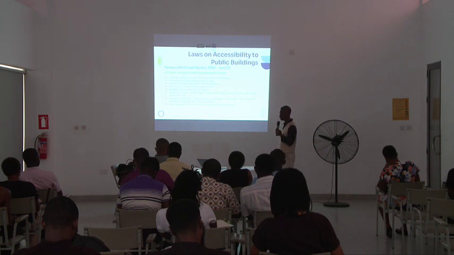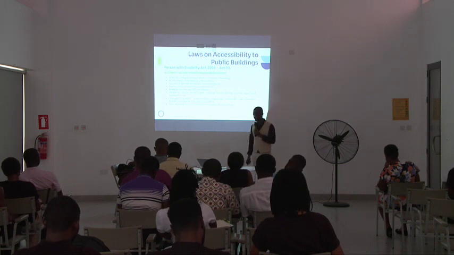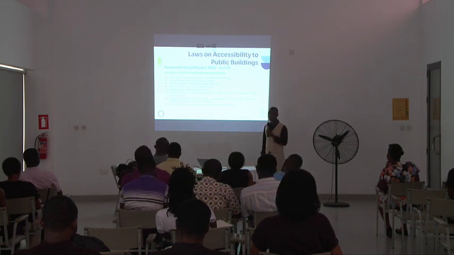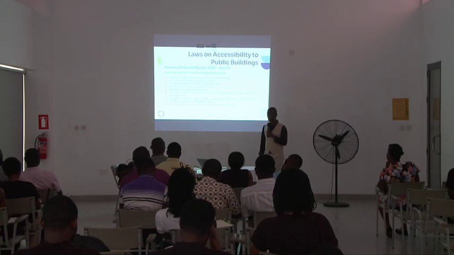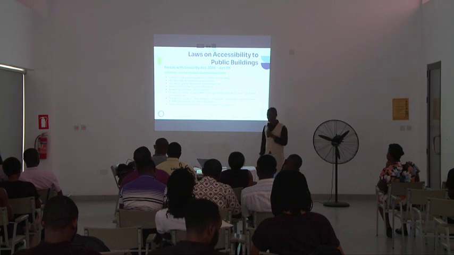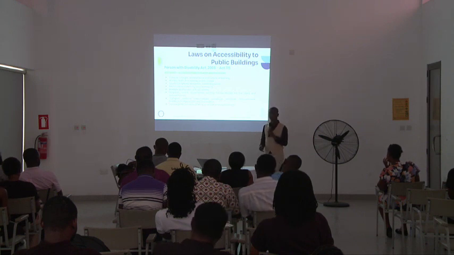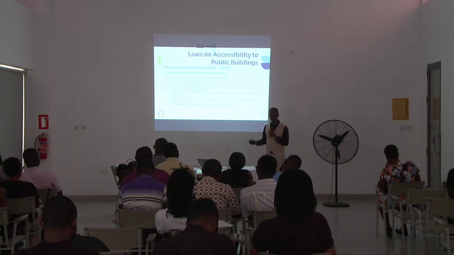Section 6 also deals with schools, colleges, universities, institutions of learning, kindergarten, everywhere. Then hostels, halls of residence or dormitories. Then hospitals, clinics, dispensaries, nursing homes, homes of the aged, welfare homes, then transport stations and interchanges. All these are part of it. So the law says all our environment everywhere should be accessible. When you are given a job or have a project to work on, take note of this law.